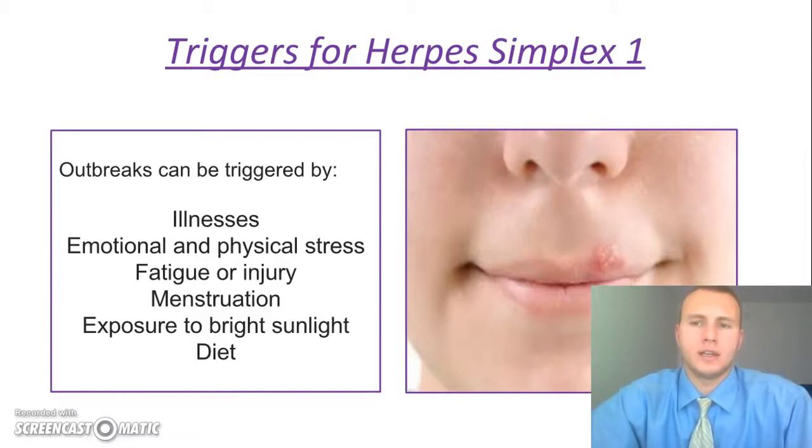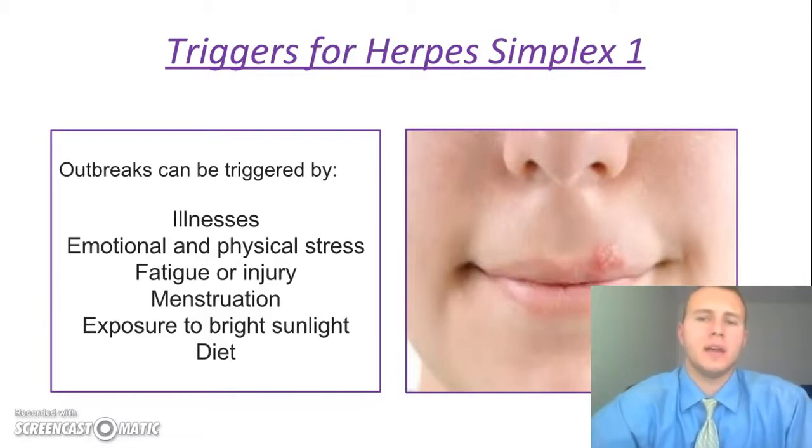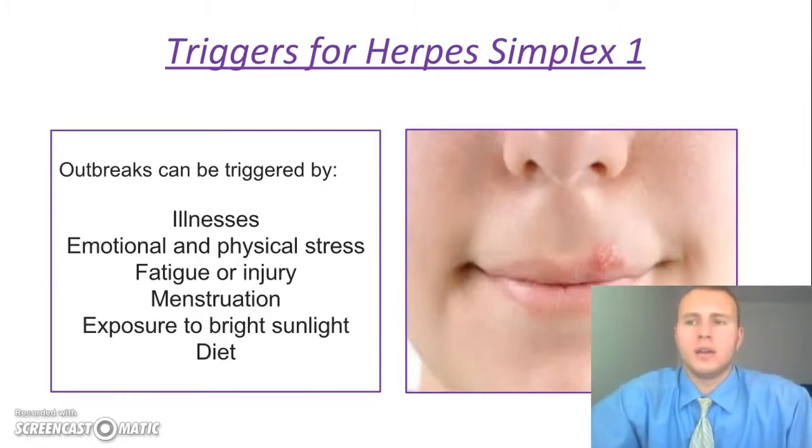Moving on to fatigue. Sleep is required for our body to release potent immune-enhancing hormones into the bloodstream. These hormones are vital in completing the body's nightly restorative process. By skipping out on sleep, you are weakening the body's immunity and its ability to defend against viral and bacterial invaders. Lastly, diet. People with herpes also need to pay attention to what they're eating, because a lot of foods